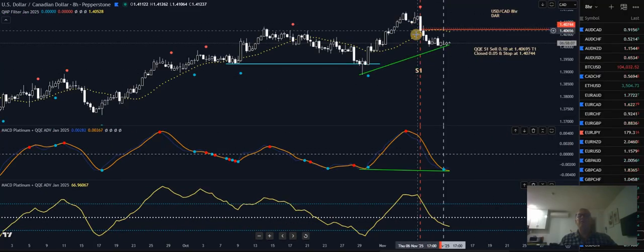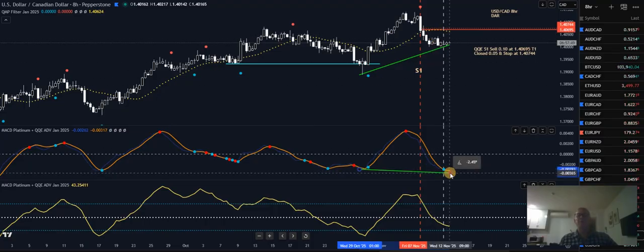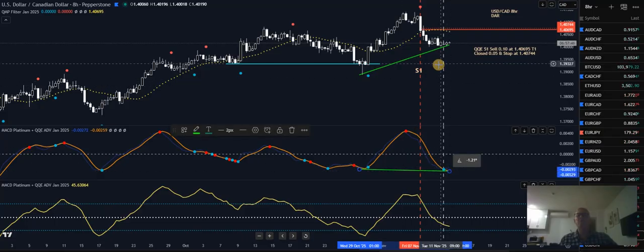USD CAD in a sell, it's definitely QQE, well above there. It's come down, QQE's hit the 50 level, closed half. Can't really trail my stop, I'll probably bring it down a couple of pips, but not much. In the meantime, we've got potential hidden bullish divergence forming. We've also already got a blue dot on the MACD platinum below the 0 level. The QQE is still not below the 40, it may never go below the 40, but it doesn't matter because if we do get a buy signal, we got this hidden divergence, which I'll take the buy on. And hopefully it'll just drag a bit and the 20 MA will turn down a bit, so I can trail that stop on the sell.